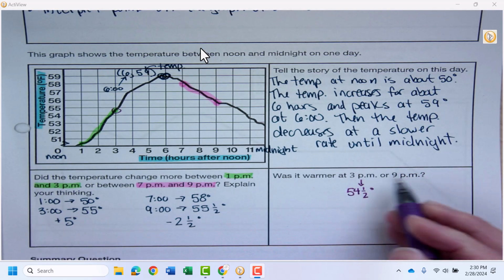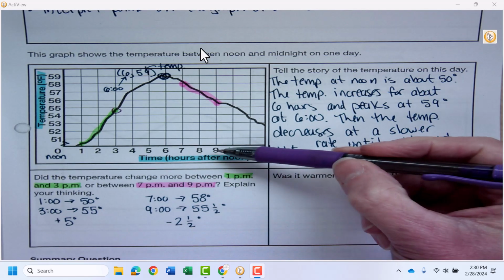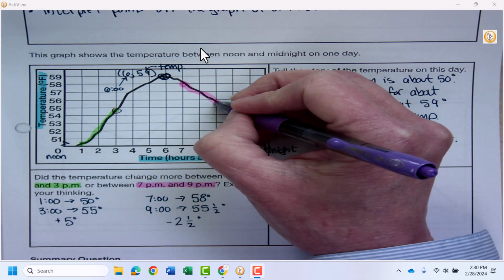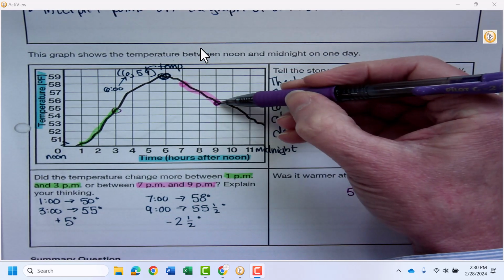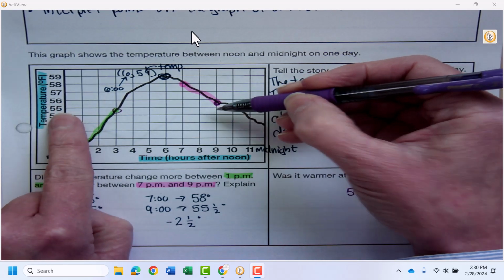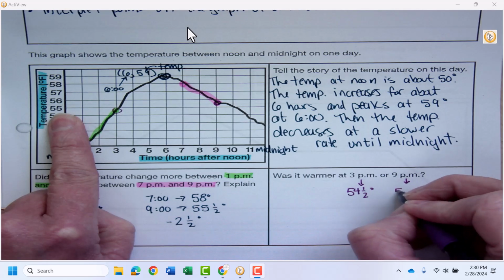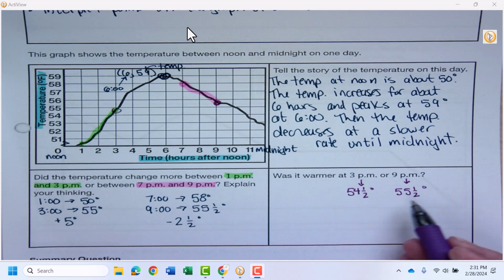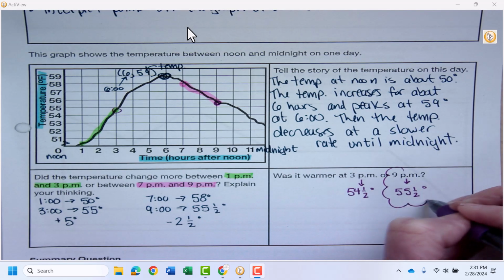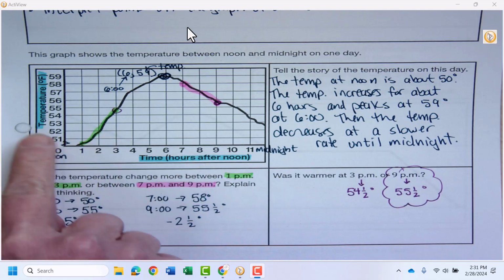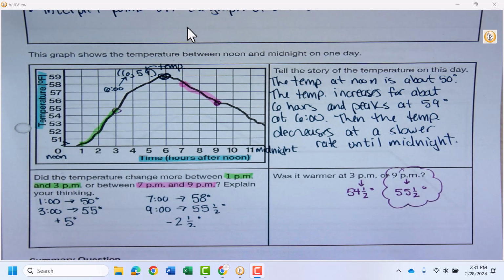And let's look at it at 9 o'clock. So here's 9 o'clock, 9 hours afternoon. And this graph looks like we're right about here when we hit our graph. And that is between 55 and 56 degrees. So I'm going to say about 55.5 at 9 o'clock. So when was it warmer? Well, it wasn't much warmer, but at 9 o'clock we can read that it's about 1 degree warmer. That's when it was warmer. So as long as we look at these labels, we can make sense of the story that this graph is